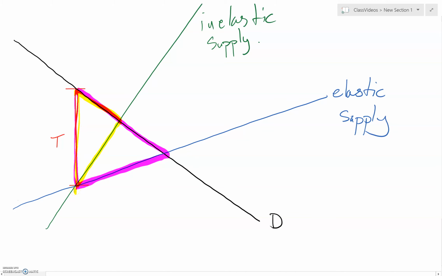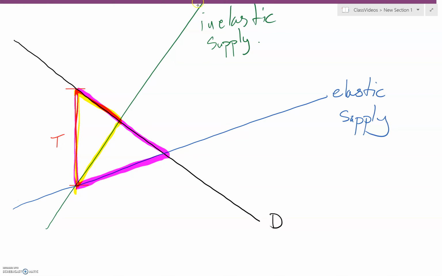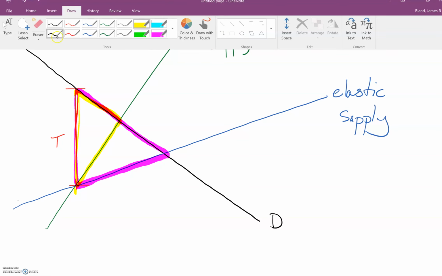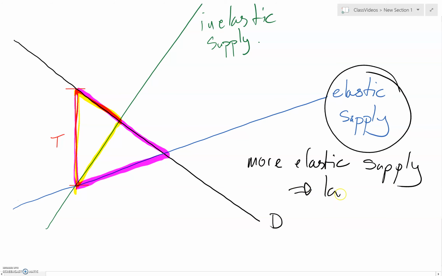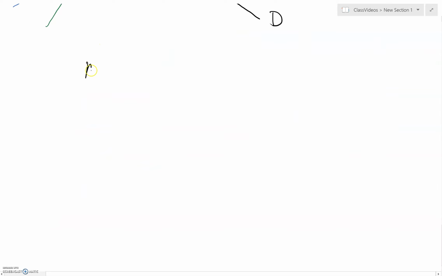So we know that the deadweight loss now for the elastic supply is going to be larger, right? So more elastic supply means larger, again, larger deadweight loss. Okay, so just as a recap from what we had with demand, we had more elastic demand